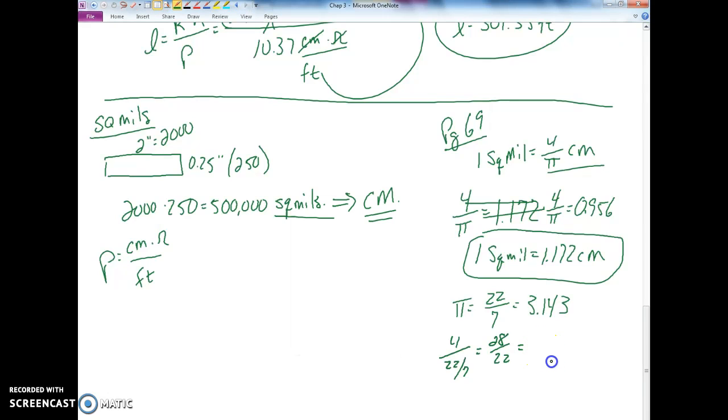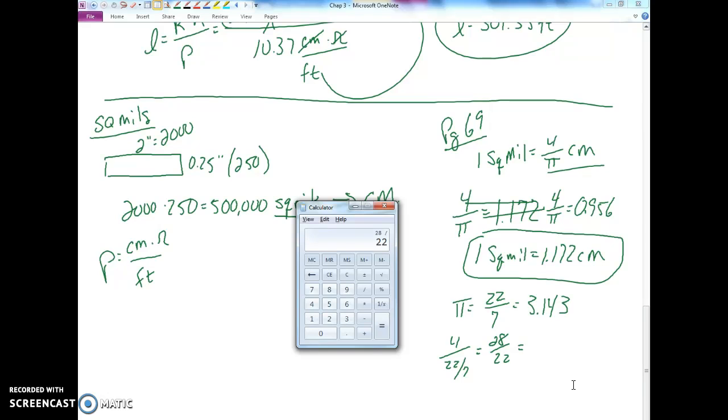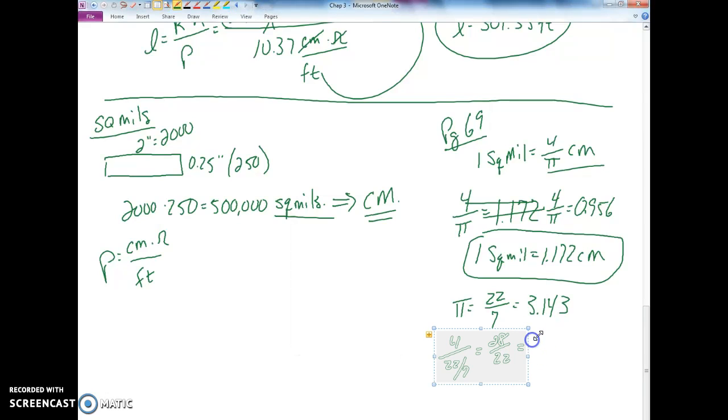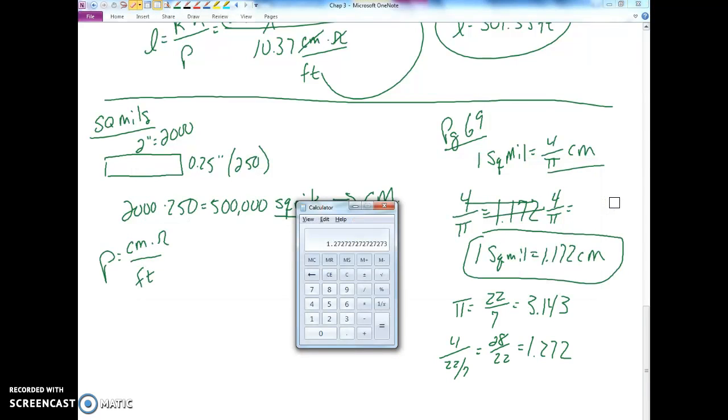Divided by 22. Enter. 1.272. And I can see I still have this screwed up. Let's go back and do 4